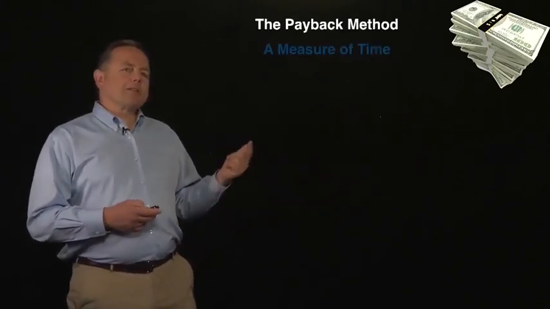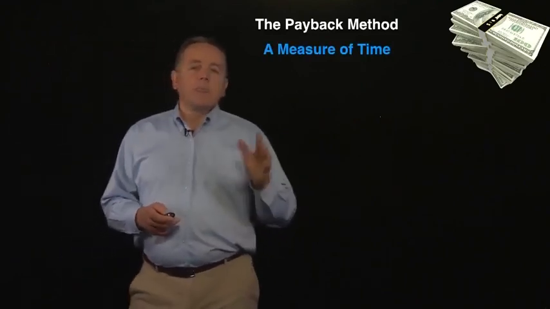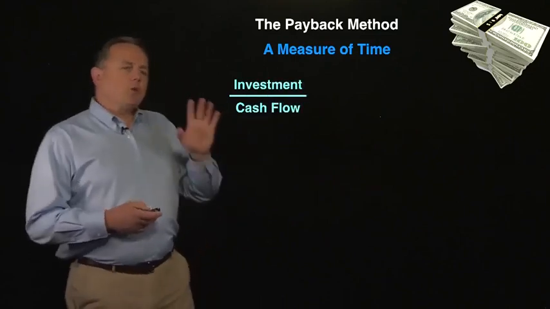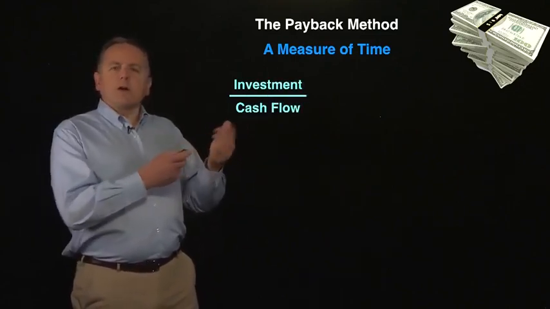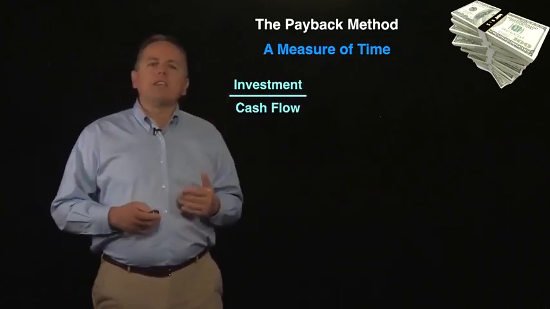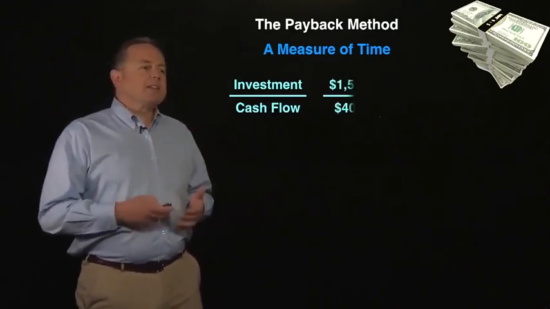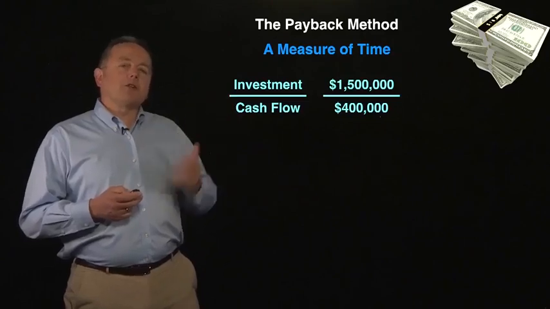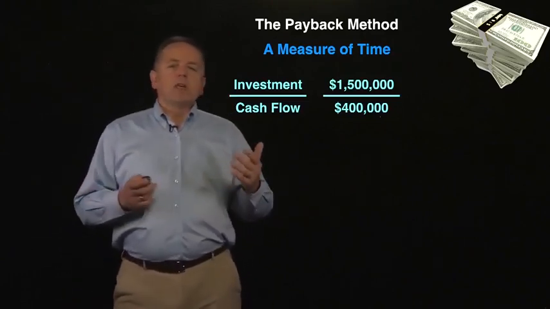So let's talk about the calculation part of it now. This thing is effectively a measure of time. And the way you set it up is the investment's on top, the cash flow's on the bottom. You just divide these two. And what I get is a number. So assuming I've got $101,500,000 as the investment, and I've got an